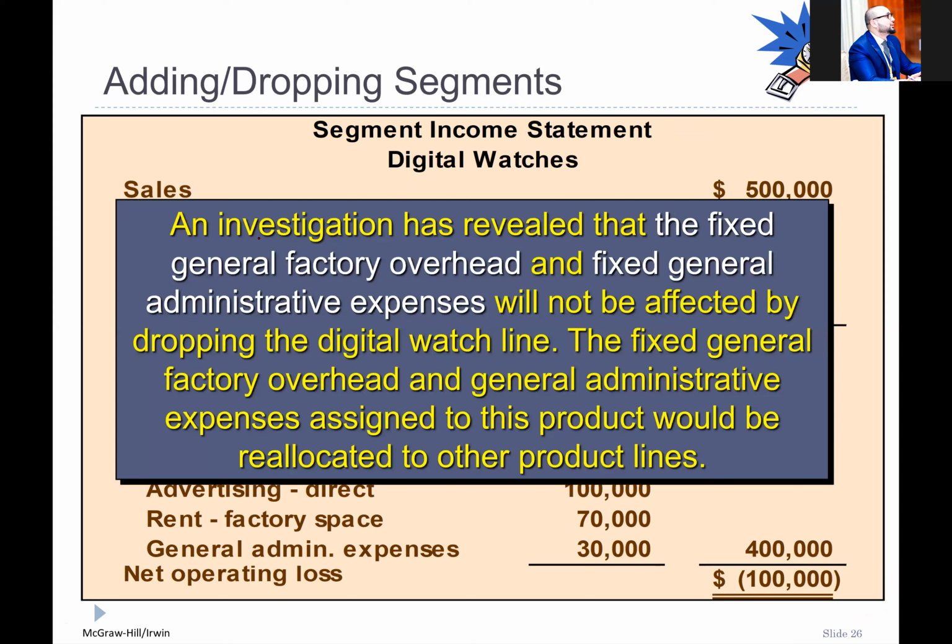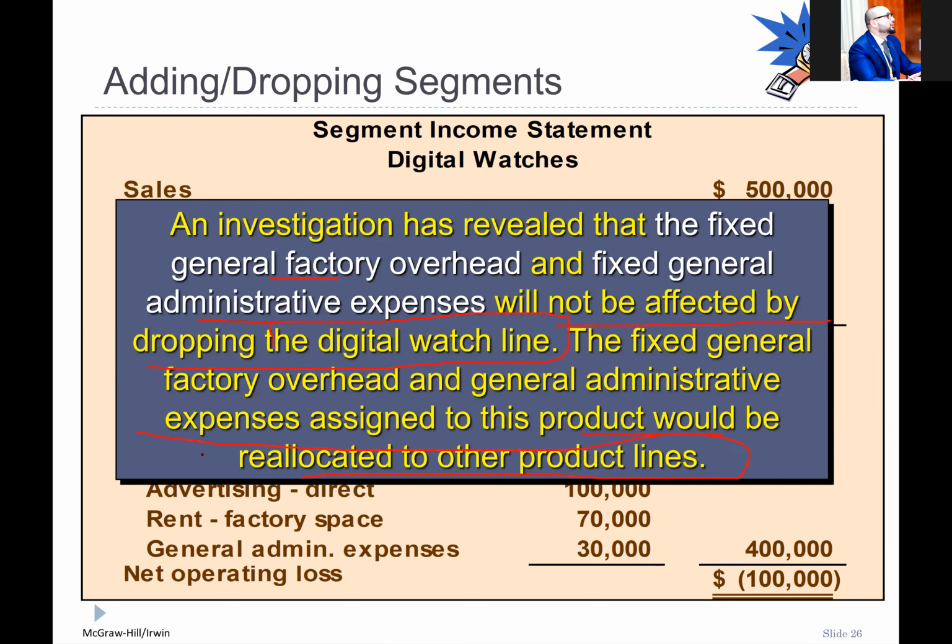The investigation has revealed that the fixed general factory overhead and fixed general administrative expense will not be affected by dropping the digital watch line. It means general factory expenses and administrative expenses remain the same. The fixed general factory overhead and general administrative expenses of this product would be reallocated to other products.